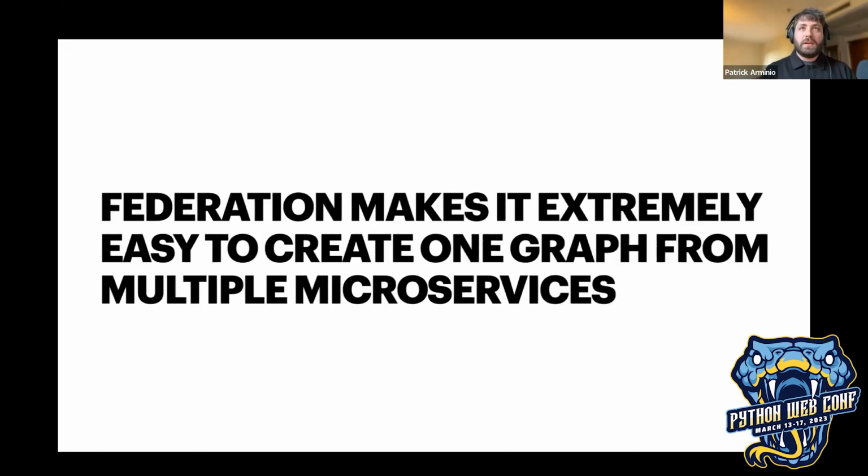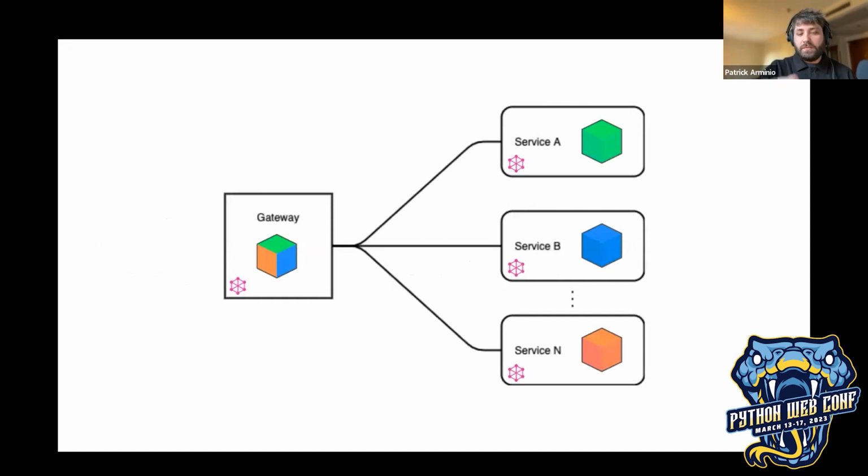And on top of that, I mentioned that GraphQL makes it easier also to work with multiple teams. And there's this specification called federation, which allows you to create one single graph from multiple microservices. You could have something like this. So you have n microservices. They all have their own tiny GraphQL API, or not tiny, it depends on the service. And then you have a gateway or a router that is basically going to compose all these GraphQL APIs into one, and your clients are only going to deal with the single graph without having to worry about the fact that there might be one or hundreds of microservices.